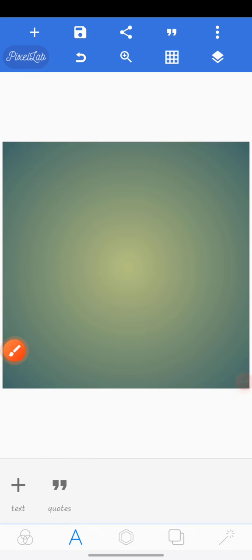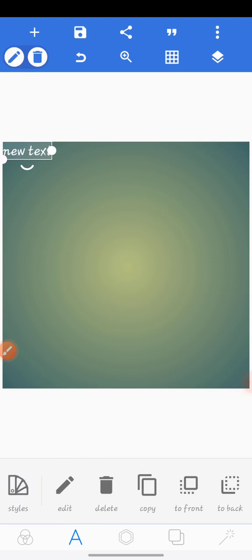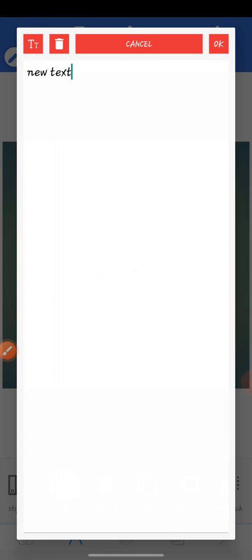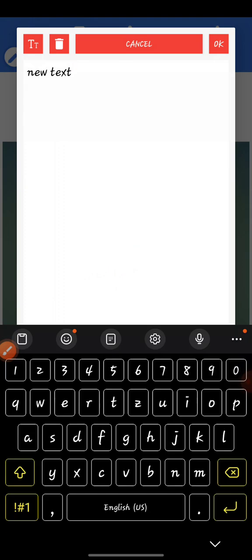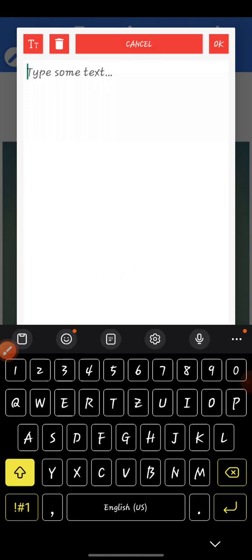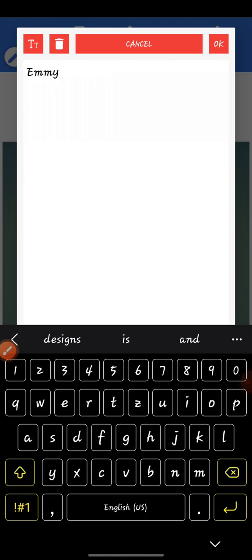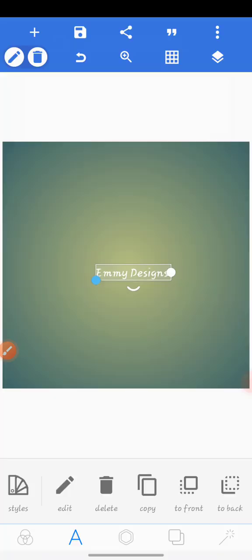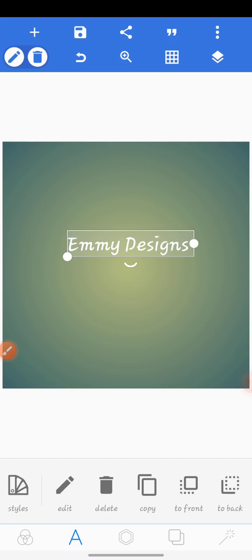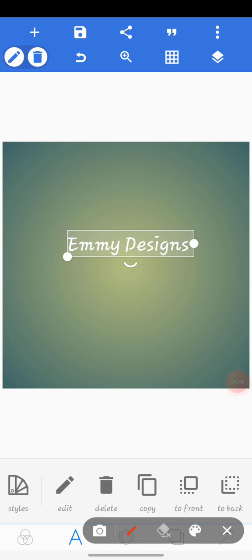So if you want to type any information, press this text, then you bring it to where you want to position it, to where you want to do the design, then write what you want on it. Then it has things under it also,